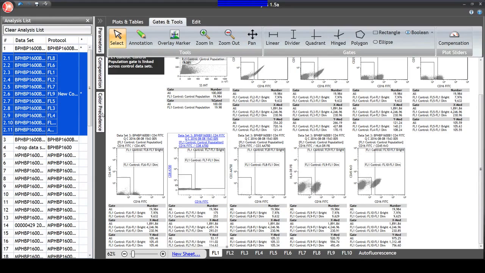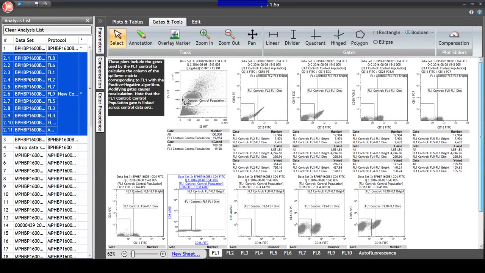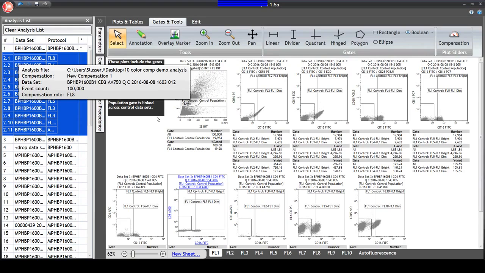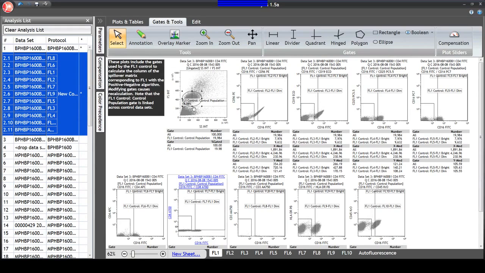When you have 10 colors in a tube, this is a 10-color panel, I now have, instead of those few plots, a 10-color panel has 56 dot plots to evaluate for compensation. That's a lot of tweaking. So I always start with my auto compensation using the software to get global settings that I can apply and